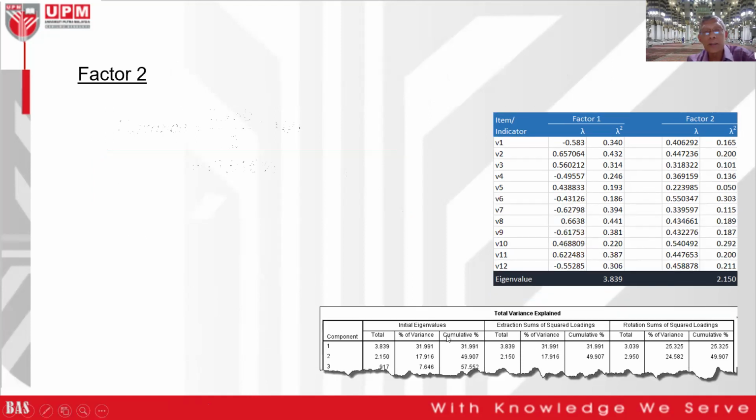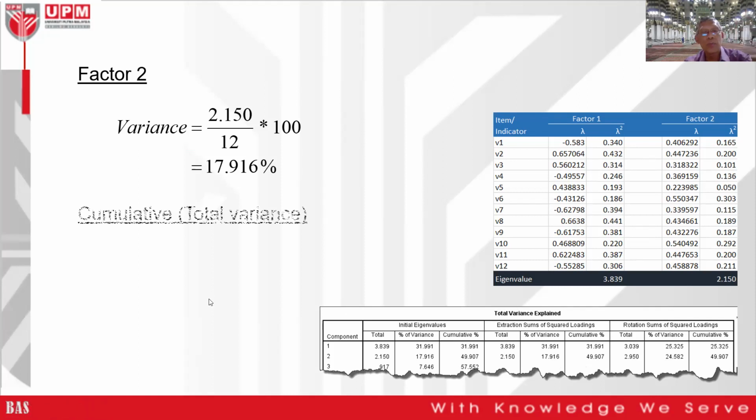For the second factor, the eigenvalue is 2.150. So we just enter into the formula 2.150 divided by 12, the number of items, and then multiply by 100. That will give you 17.916. If we refer to the unrotated solution, 17.916. Okay, and what is the overall total? The overall total will simply be the percentage for factor 1 plus the percentage for factor 2. So in this case it will be